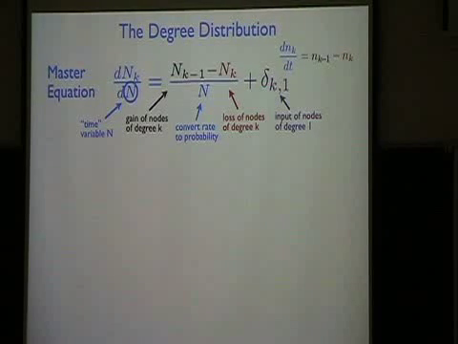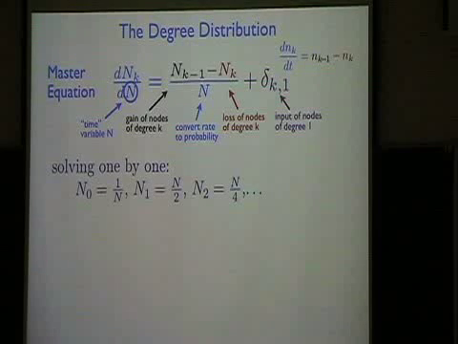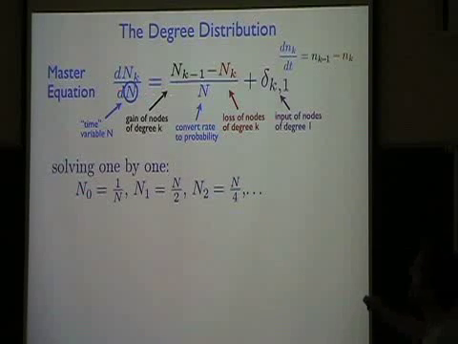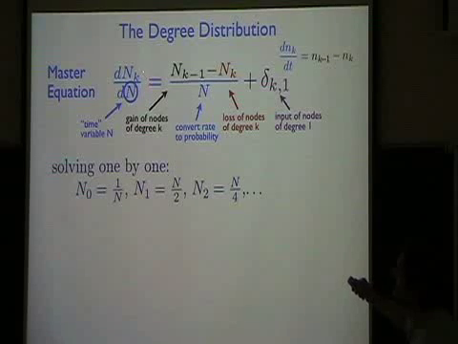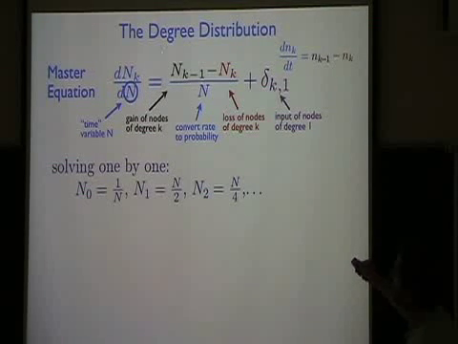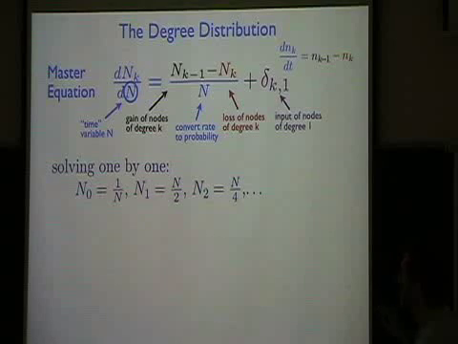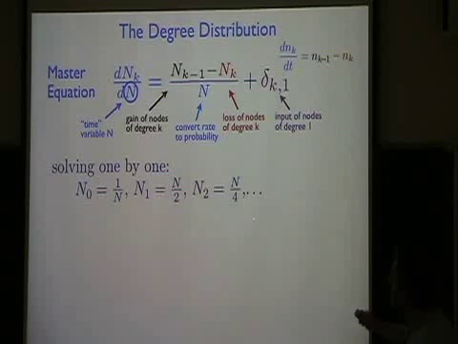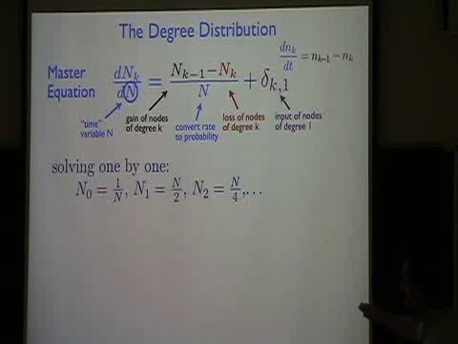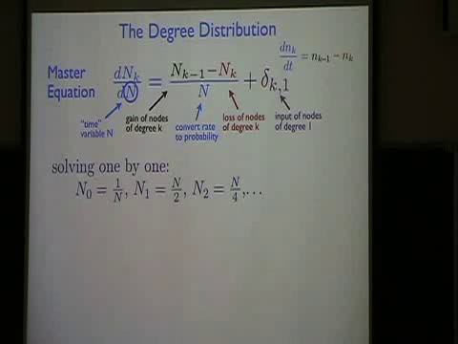So let's solve this equation. And in fact, there's really nothing to it. For exercise, again, I leave this for you to do because it's really quite simple. Just solve these equations one by one. So you write the equation for dn0/dn. There's no gain term, so you have n0 dot is minus n0 over n. And there's no delta function. So that's the easiest one to solve. And just do it one by one. And what you'll find is this very suggestive looking solution.